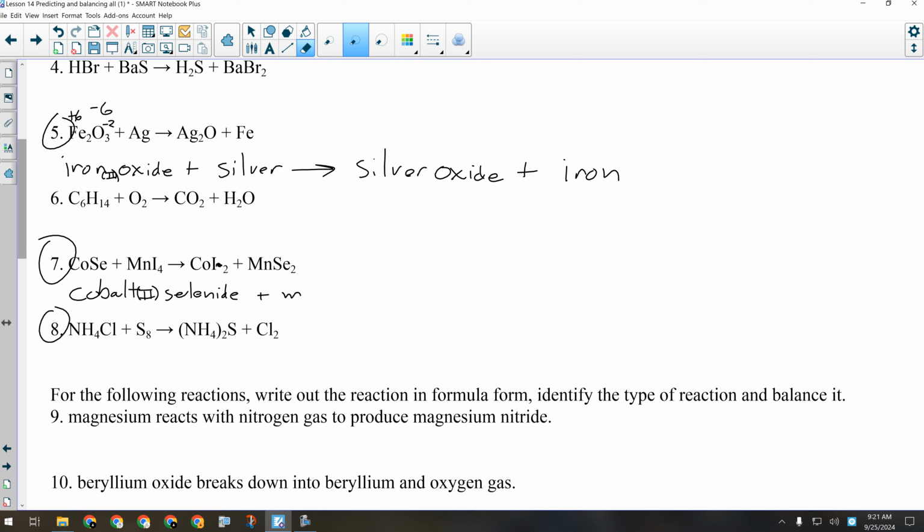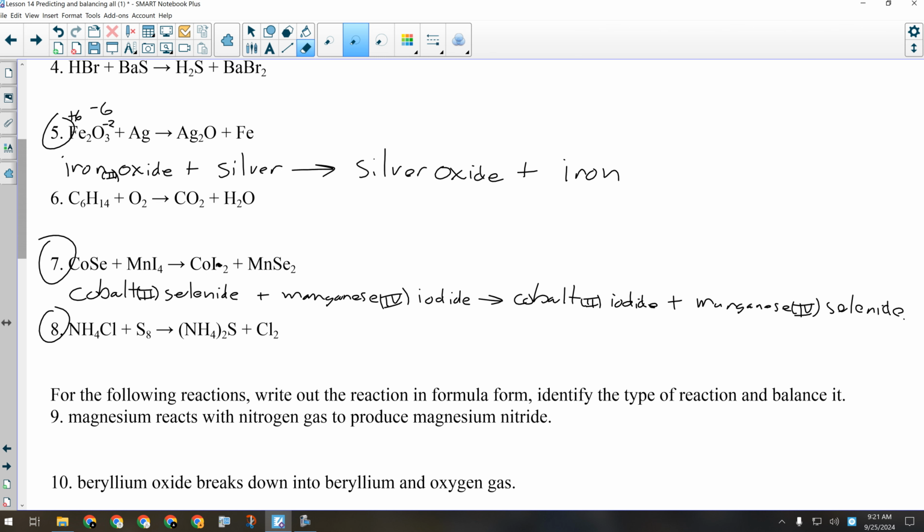Okay, plus manganese, and that would be the manganese with the 4 plus charge, iodide. Okay, and that is going to give us cobalt 2 iodide, okay, plus manganese 4 selenide. Now, tip, in a double replacement reaction, okay, when it's being written out in words like this one,